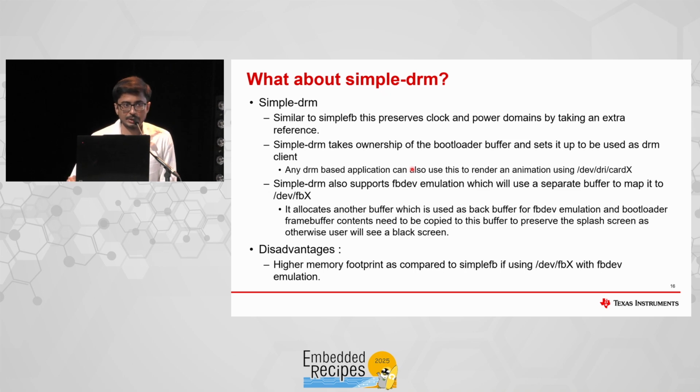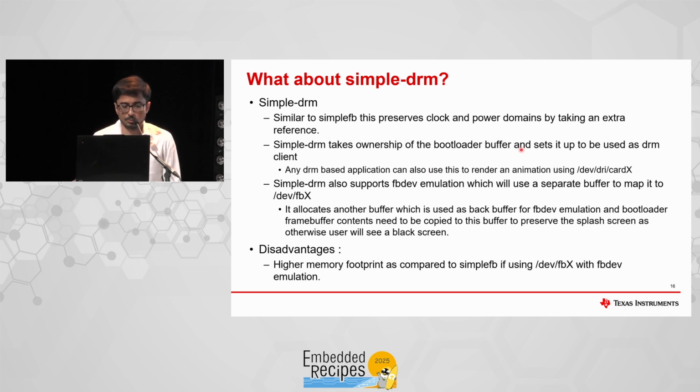So what about simple DRM? Let's say instead of simple FB, you want to use the simple DRM. Simple DRM can also be used similar to simple FB. You can preserve clock and power domains, and it will create a /dev/dri/card node instead of the framebuffer. And let's say you have some animation service that relies on the DRM card, then this simple DRM will be